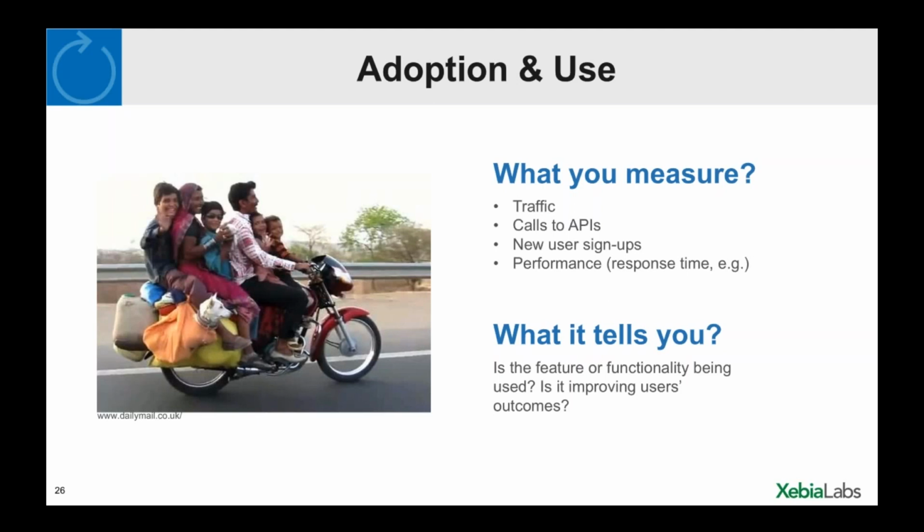SaaS or web delivered is quite easy to build metrics and analytics into today. But if you're delivering on-prem software, that's also still possible through some sort of tooling in the product, some mechanism by which you can gather usage statistics, and then, through an opt-in or by request, have your customers send that information back to you. So traffic and utility of the application is important. I would suggest don't forget that calls to your APIs can also be a good indicator of adoption and use.